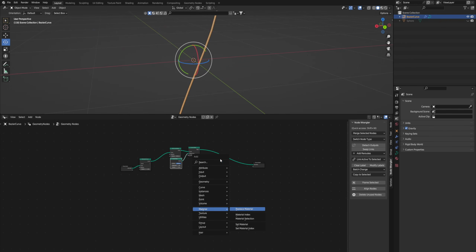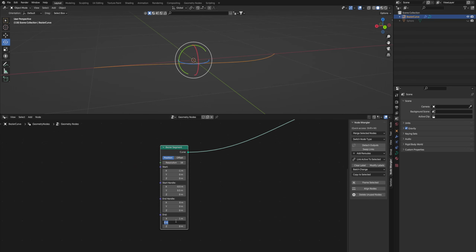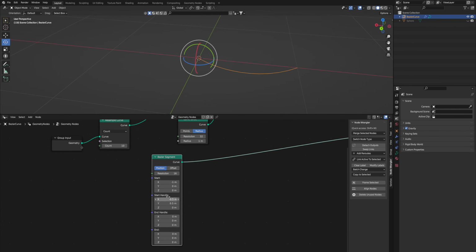So I'm going to add in a Bezier curve through the actual GeoNodes tab. If you click Shift and Alt and then left click between nodes, it lets you preview them. I'm just going to turn this end value down to 0. So now you can see it's going to grow out of that center point. With the start and end handle, if you adjust them just a bit, you can get kind of like a little bend in the middle here. Just adds a little bit more detail.